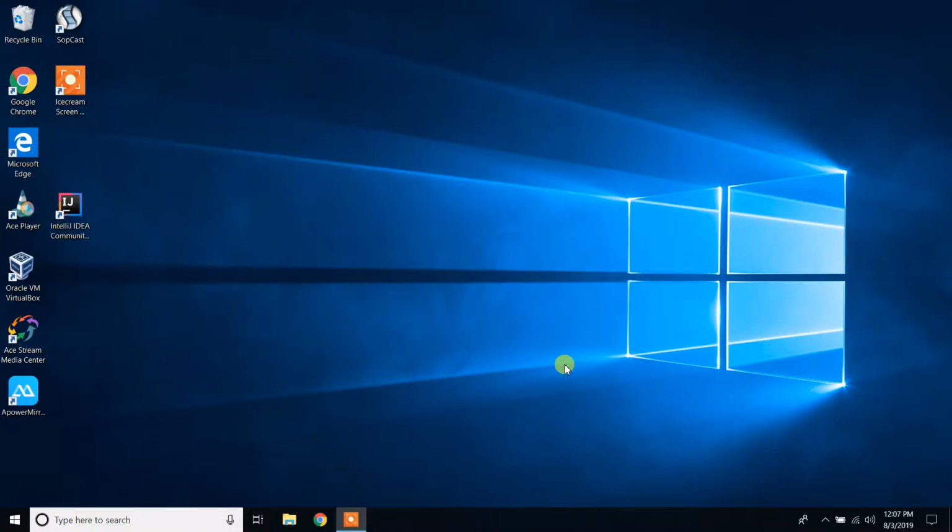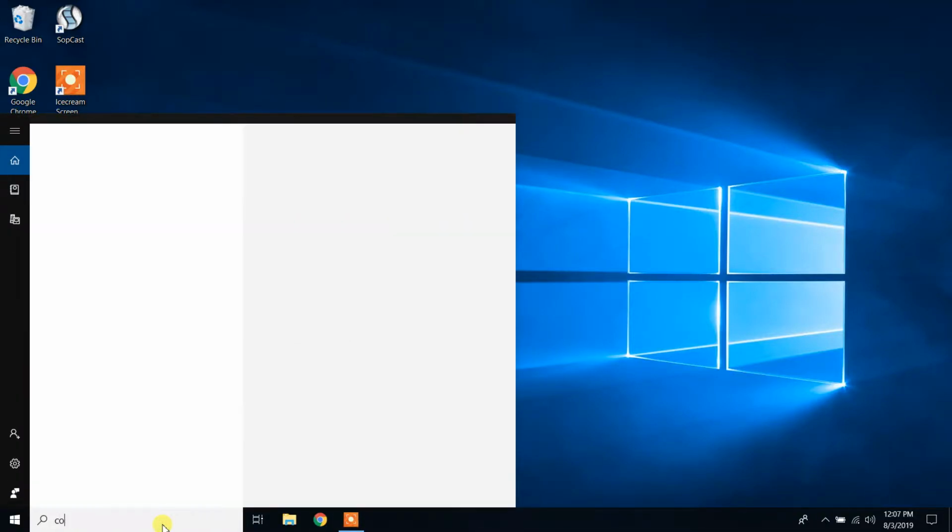Hello guys, today in this video I'm gonna show you how to uninstall, remove or delete IntelliJ IDEA from my Windows 10 machine. It is very simple. Just on a search bar type control panel,